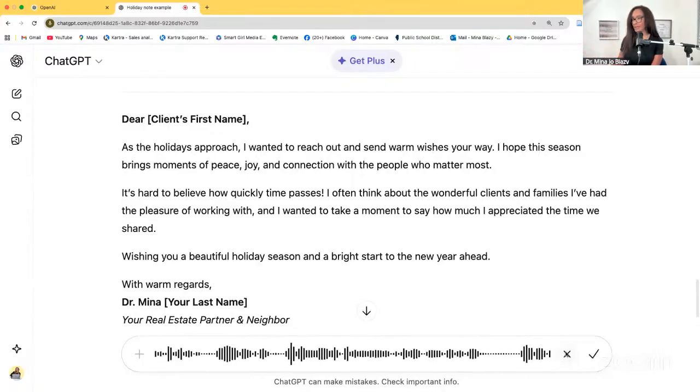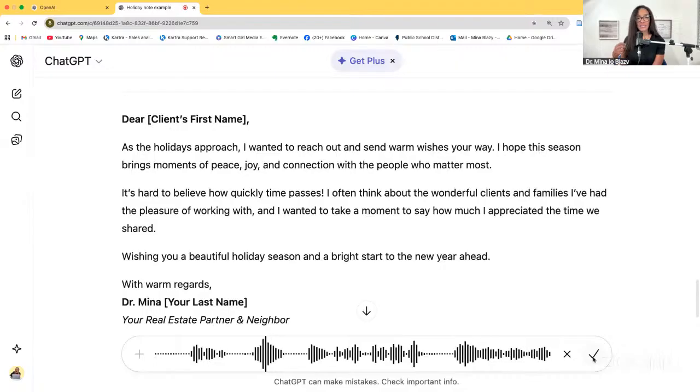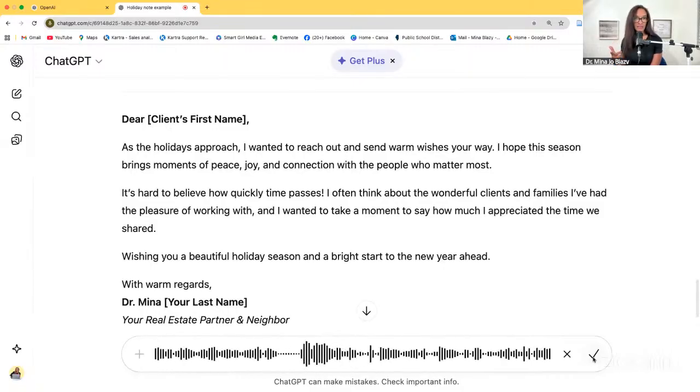Just something like that. And maybe after you rewrite this note, try to make it a little bit more concise and shorter, because I'm going to handwrite these. And then give me an idea of what I could put in there as a holiday spirit thing. Maybe it's some stickers that I found at Michael's or something. Give me some ideas I could put inside. So here we go